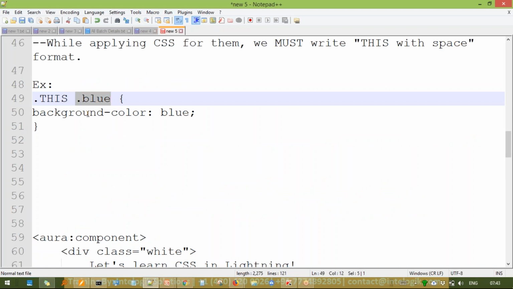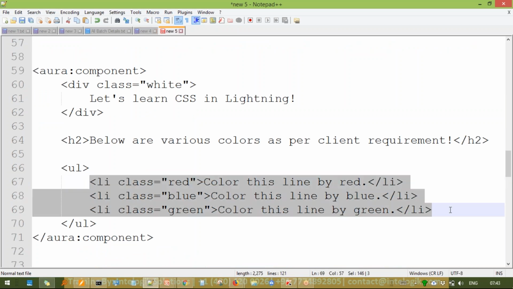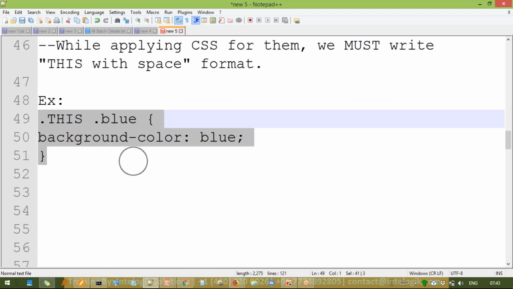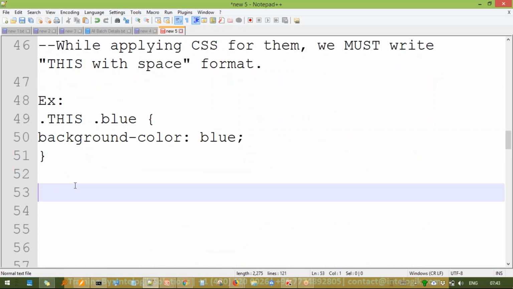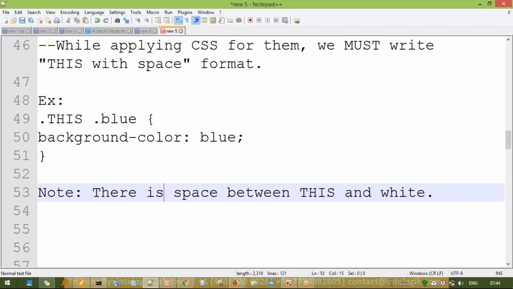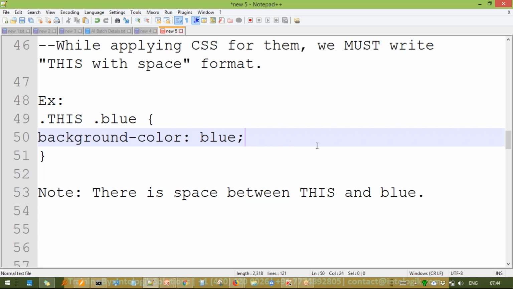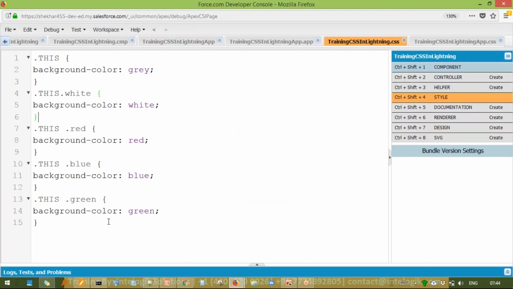Now Salesforce will realize, okay, this is something about a descendant entity, and in the descendant entity wherever we have the class equal to blue, it will be implemented for that. So this helps us to differentiate between the top level element and descendant element. If they're having the same class, you just need to give the extra space and automatically Salesforce will do the work. Okay, and if you see, there is space between this and blue. Okay, so now let me just go to the code and see, this is our code which we mentioned in the CSS in the style section,